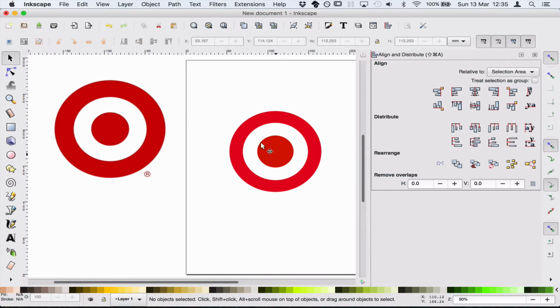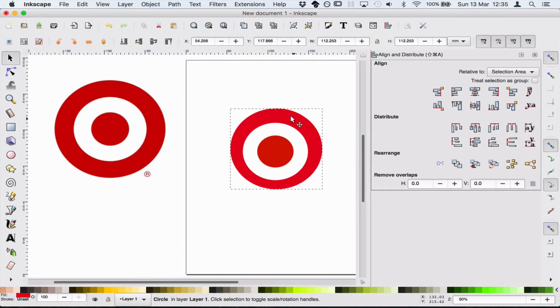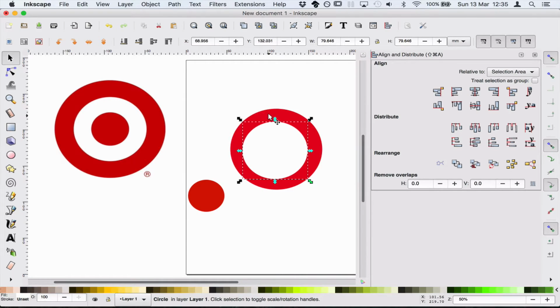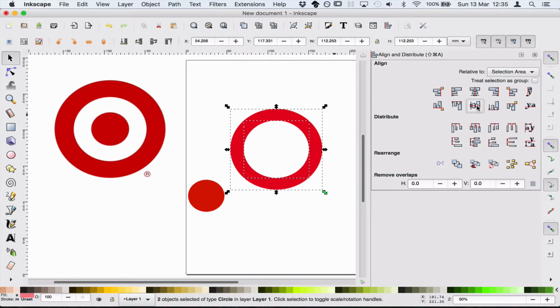And there we have, not exactly, but a really good reproduction of the Target logo from there to there. And it works really well. Now, the only problem with this is I've got three circles. So if I now try to modify this outer circle, it's going to really mess up because there's a white circle in between. So what my vote would be is to select them both again, align them center and center,